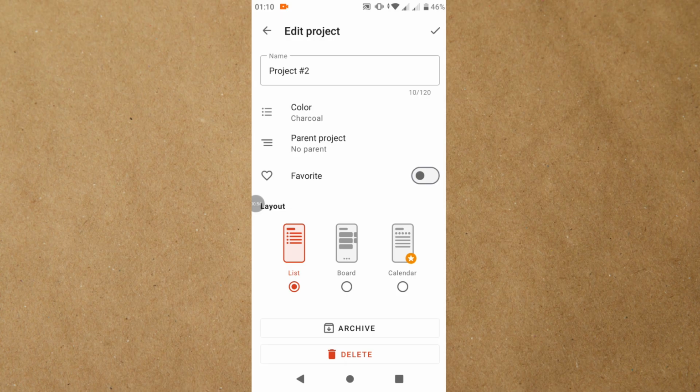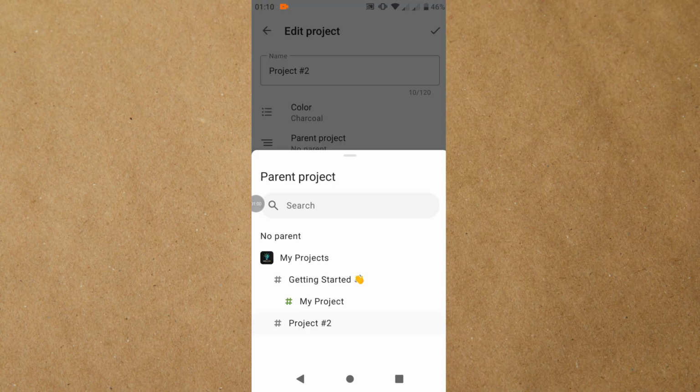So you can change, or you can rename the project, assign a color, and there you go. You can also tap into Parent Project below to assign a parent project. That is going to open up that menu, so you can search for a specific project under a specific name